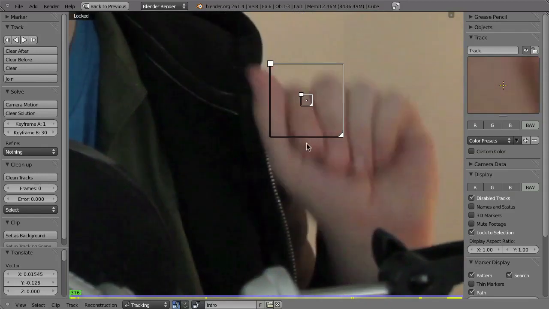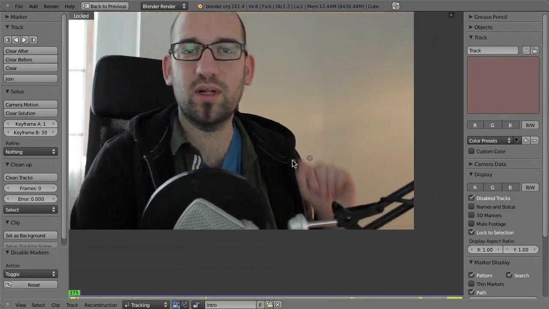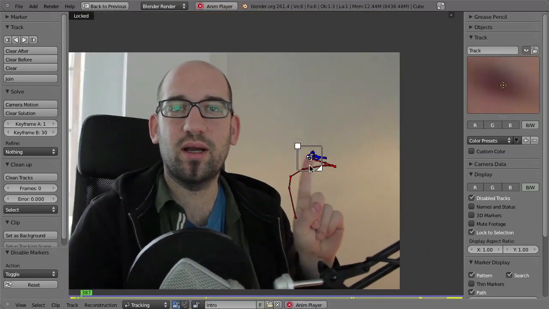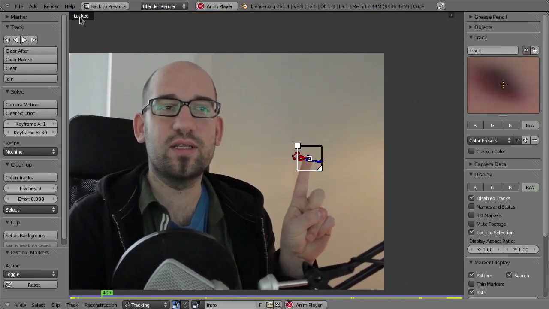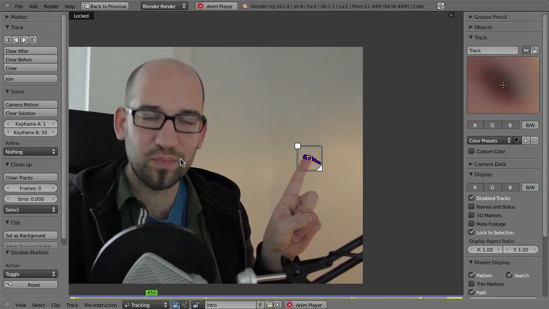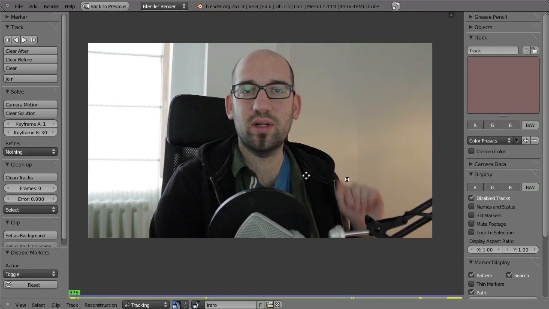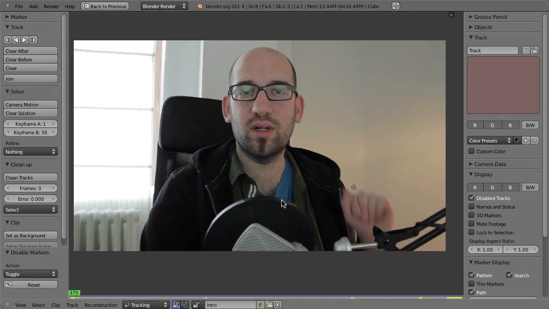Okay, in these frames we can disable that by Shift D. Okay, now Alt A to playback, and since we still have lock enabled, the footage is somehow shaking around. So let me instead press L again so that we disable the lock to selection and that we can focus on our tracking point.